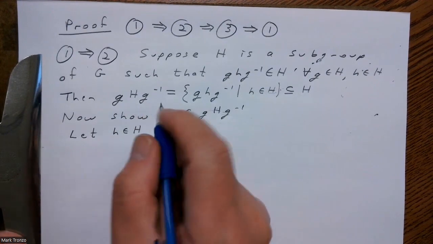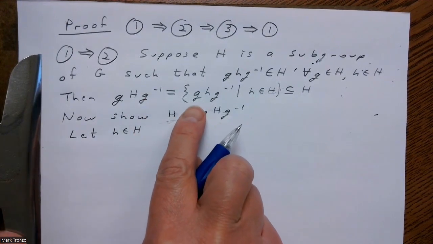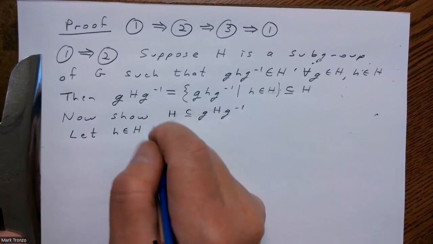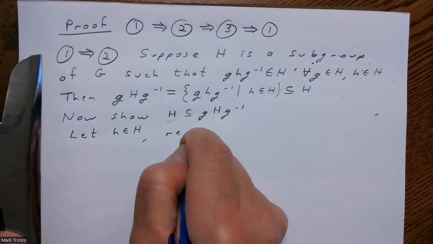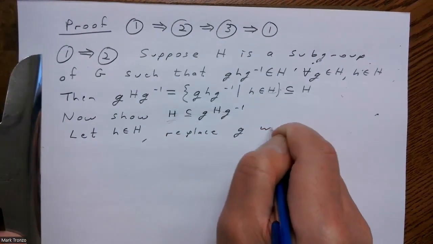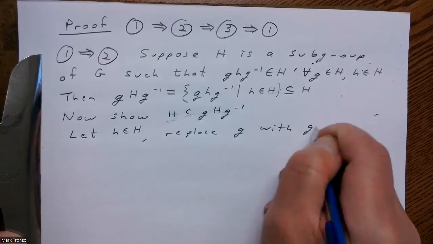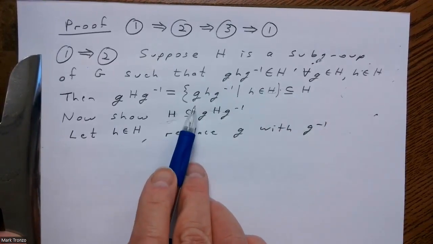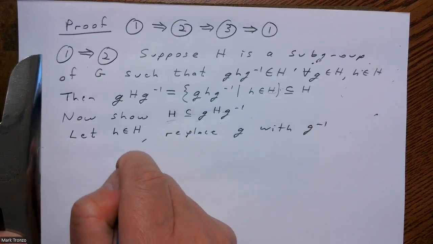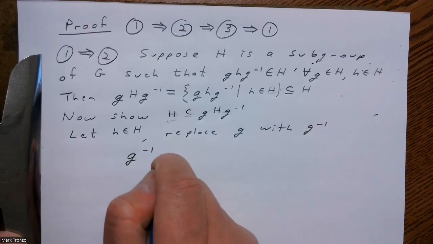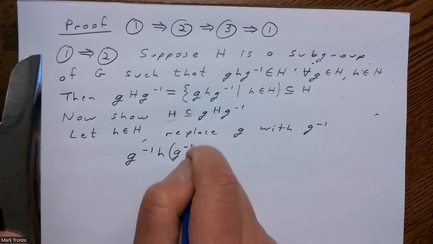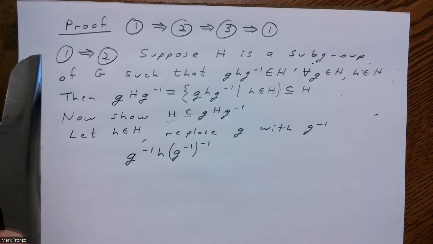So in our equation up here, replace g with g inverse. So in other words, we're going back up to what we have here and replace g with g inverse. So that means this will be g inverse h g inverse inverse, which is certainly